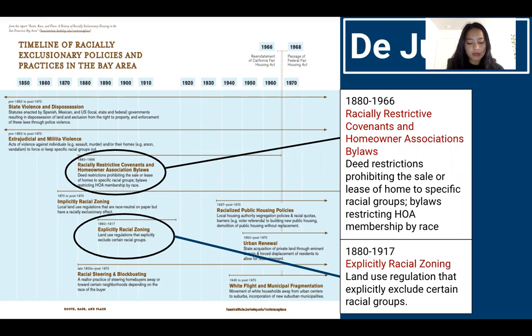Policies like these kept Black people from buying houses. These deeds exist today in some areas. Out of more than 50,000 private housing units constructed in the Bay Area from 1940 to 1946,